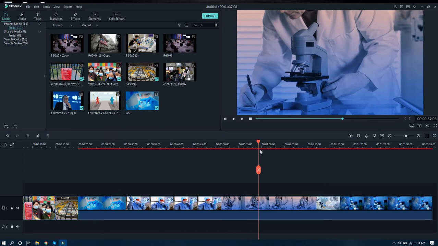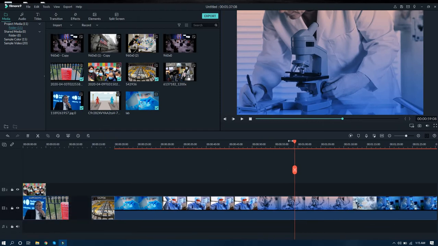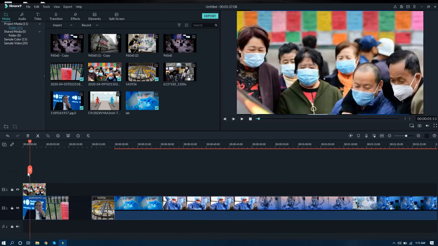Now you can see, whenever I add the images from the import section, they automatically come down here. If there is any gap, we can delete it.